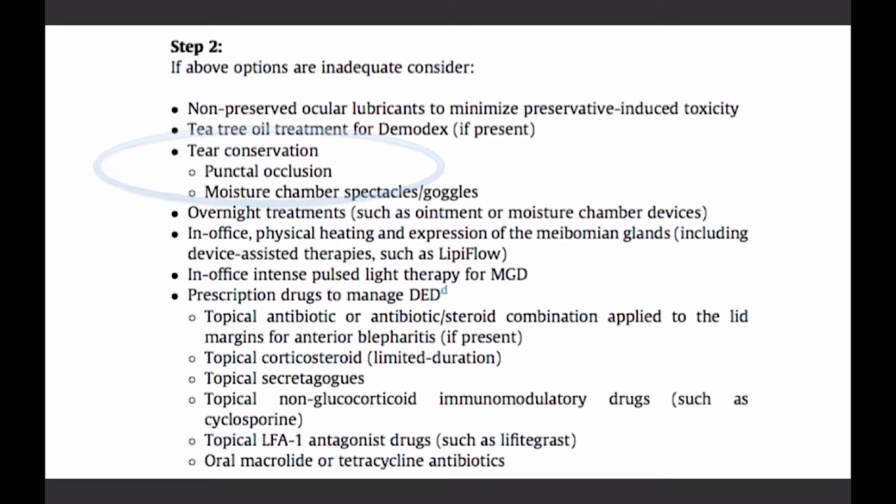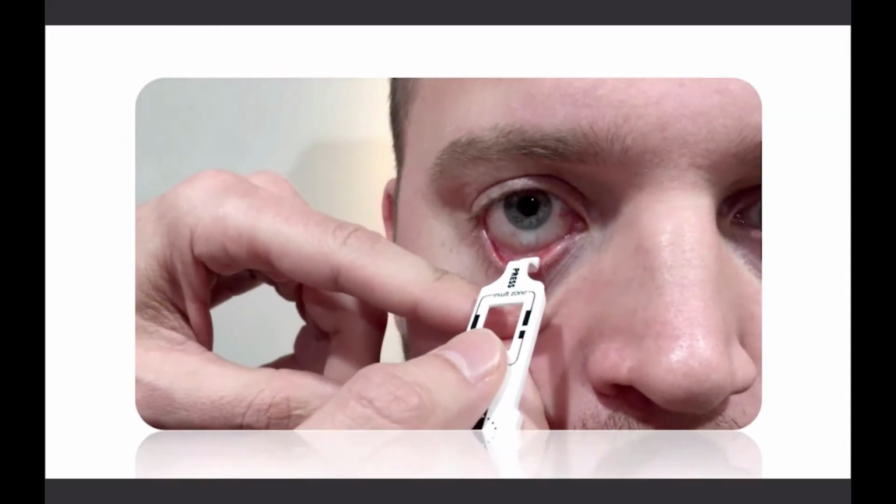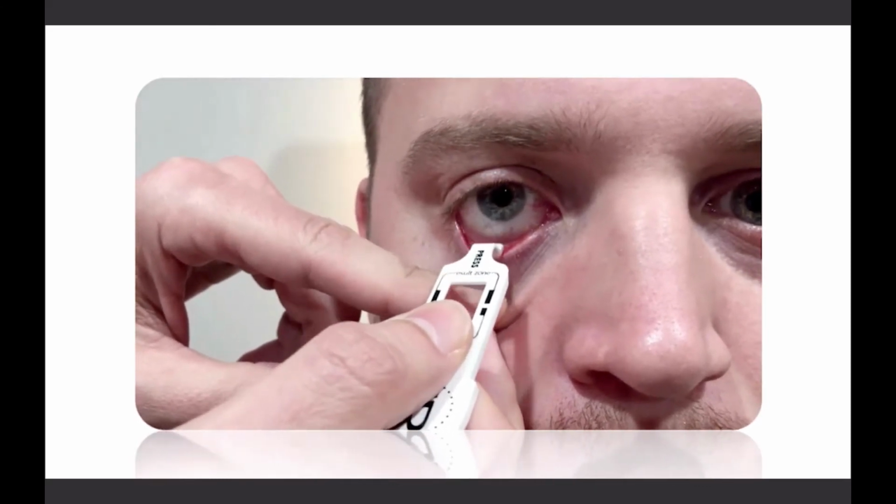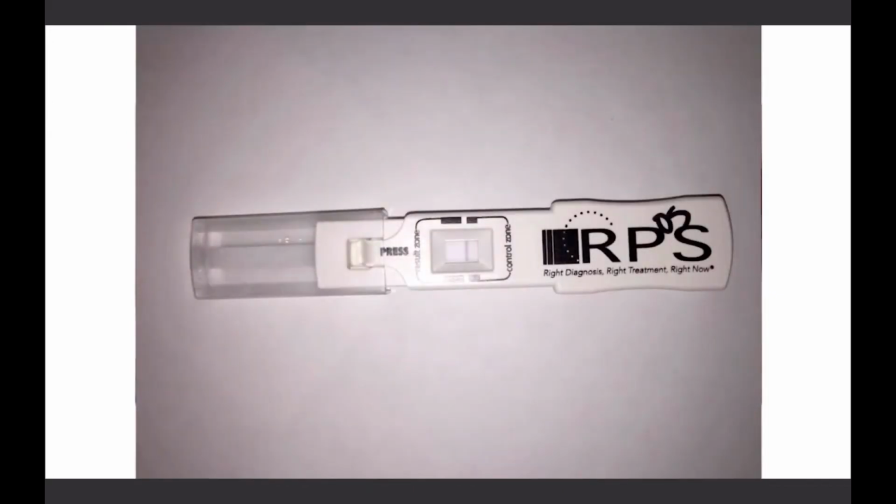We think that it's critical for patients to be absent of blepharitis prior to punctal occlusion. Please see episode 71 for guidance on contemporary treatment protocols of blepharitis. Additionally, we perform InflammaDry to assure low levels of matrix metalloproteinase 9 on the ocular surface. This patient has low levels of inflammation as only the blue control line shows up. In a patient with levels of MMP9 that are greater than 40 nanograms per milliliter, an additional red line would